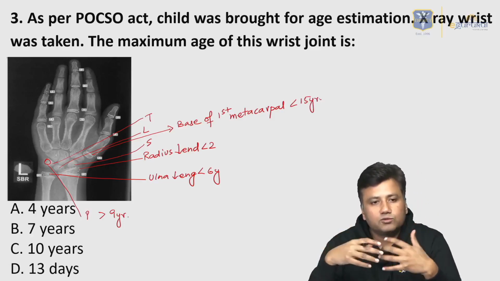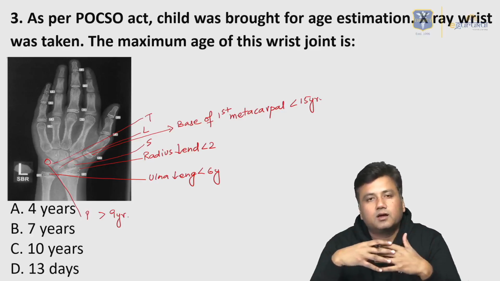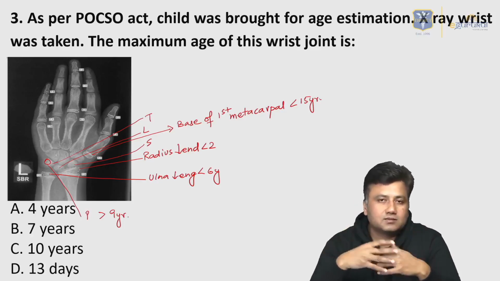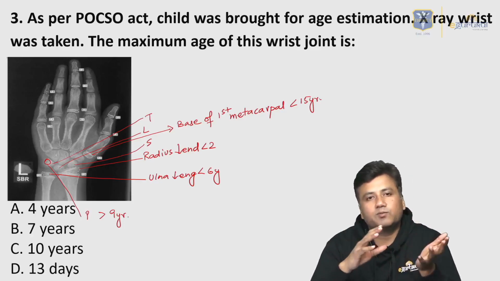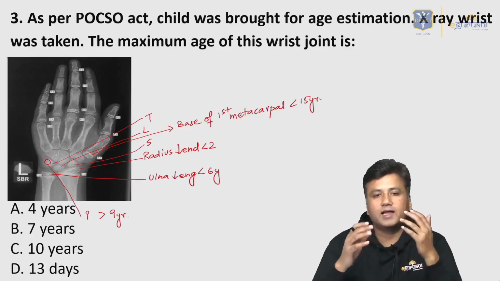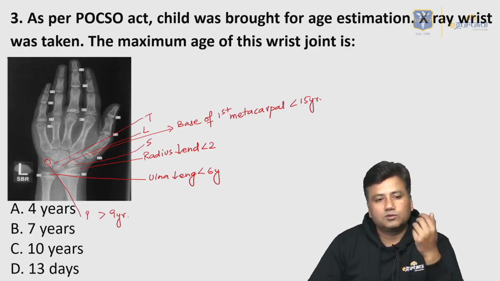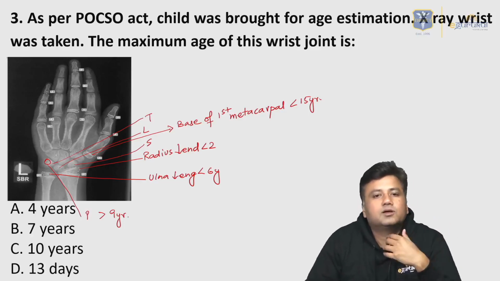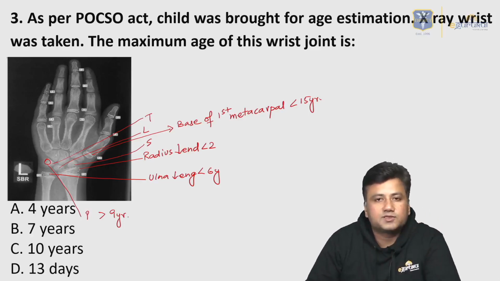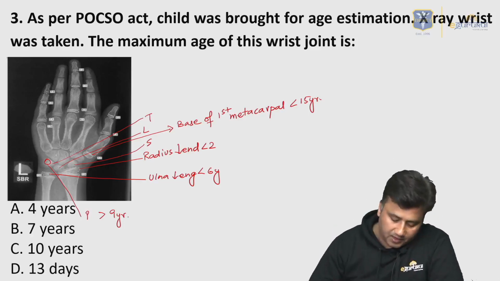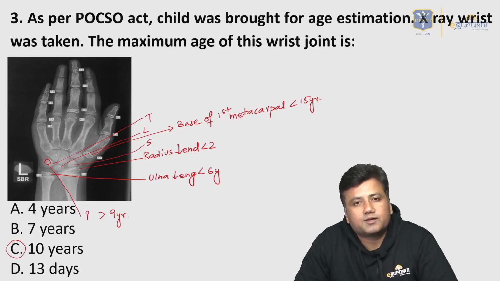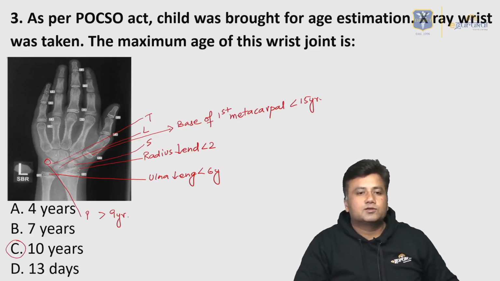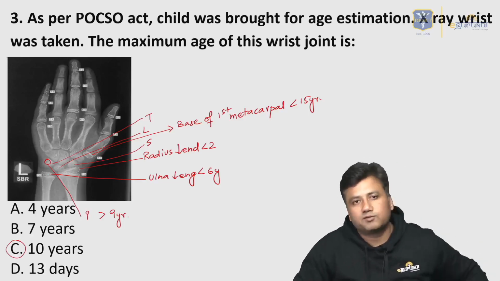So according to this X-ray, the best we can say is that the child is somewhere between 9 and 15, and out of that, the maximum age which we can say that this person might have is the age of 10. The maximum age could be 10 because of the presence of pisiform